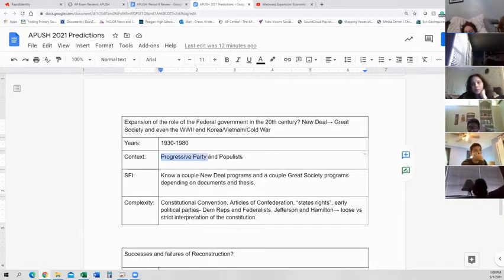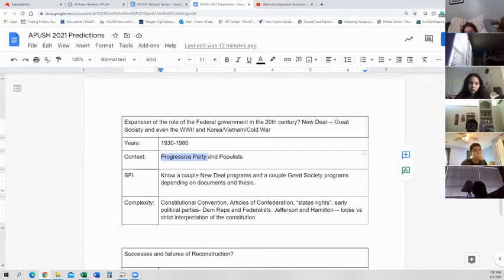Remember the Progressive Party, Teddy Roosevelt, early 1900s, they realized that the monopolies, the slums, the urbanization, all these problems in society need to be fixed, and the free market isn't going to do it, that the government needs to step in and pass some laws to fix government corruption,